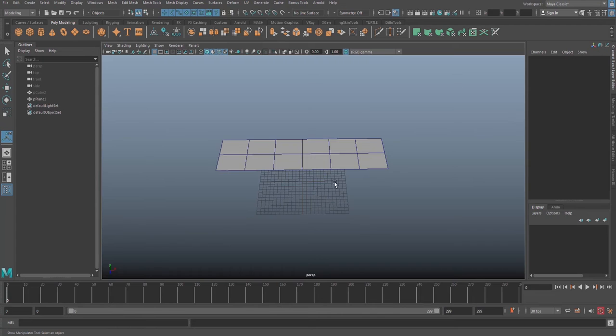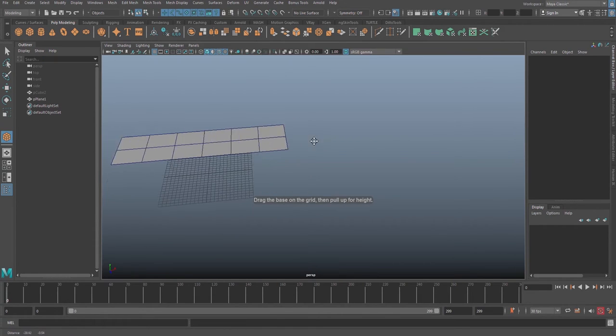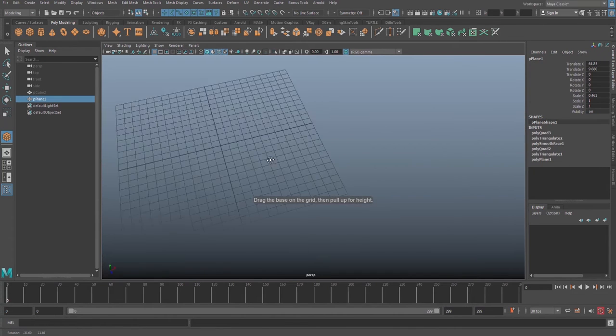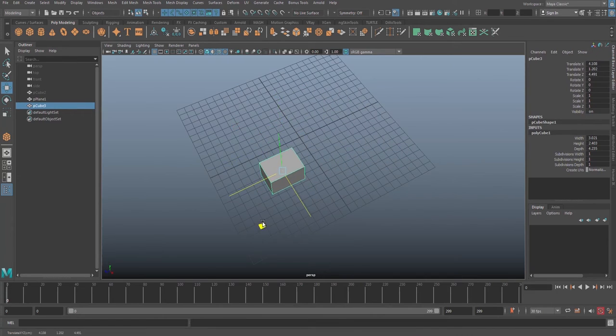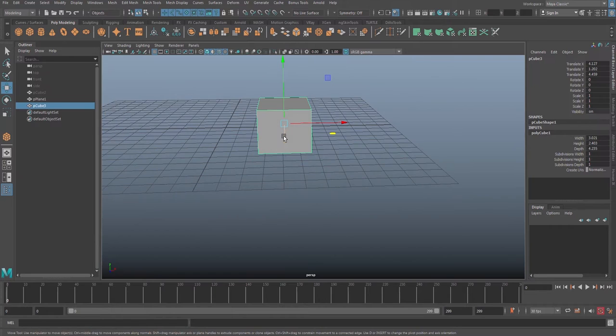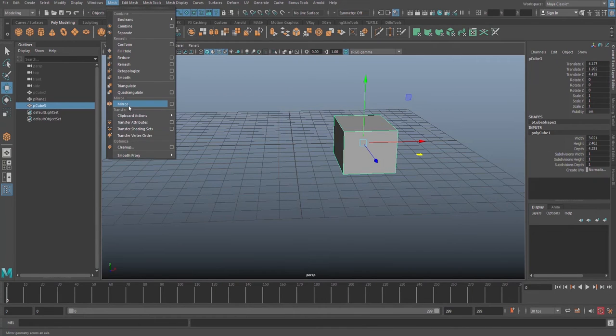Now mirror, we basically mirror our object. We have a box. Let's move this on the side. Let's create a box in the center of our grid here. All right, let's have it somewhere around here, not at the dead center of the grid. Let's have it there. All right, now if we hit on mirror, okay, Maya will make a duplicate of this